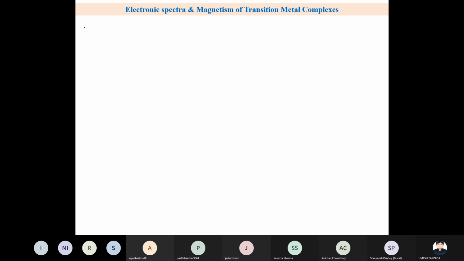Identification of J valid, J total valid value. कैसे इसको आइडेंटिफाई करेंगे? तो उनके लिए एक रूल है कि J total quantum number, that is which valid value are,